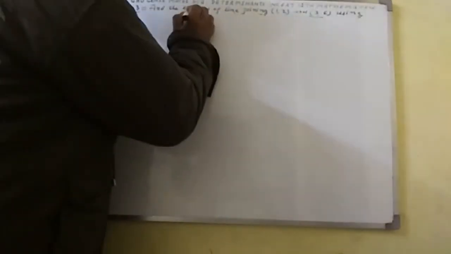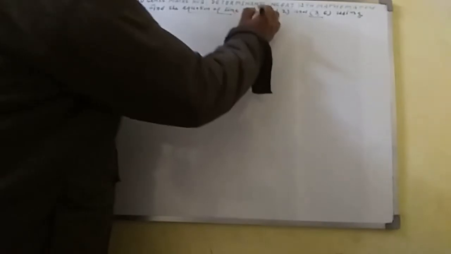Let us see how this question is going to be solved. Solution: first of all, go through the given statement twice and thrice. Mark the key points with the help of a pinpoint pencil, and after that make a sketch diagram and decide which formula or concept we are going to apply here. We have to find the equation of the line joining point (1, 2) and point (3, 6) using determinants.